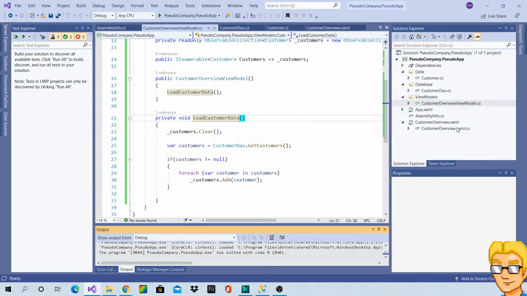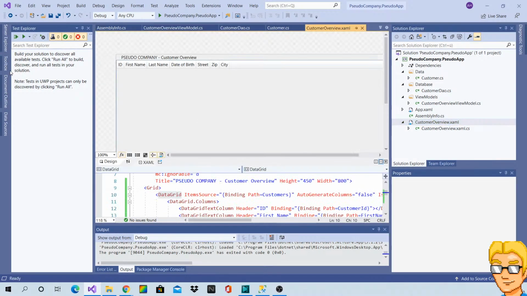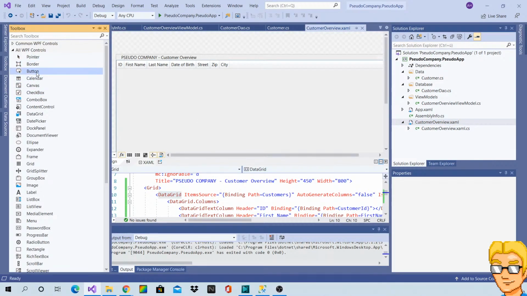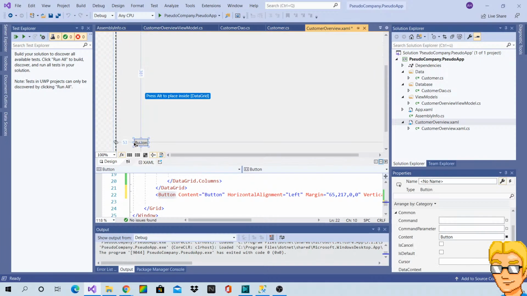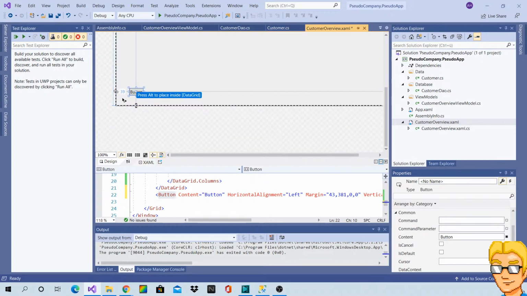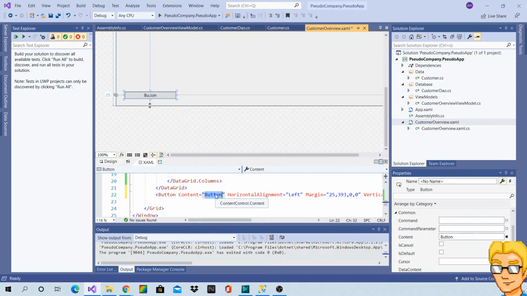Okay, let's add the button. And I'm just going to use hard-coded values for the labels and stuff. I'm not going to put that in a resource file and have it localized. That's overkill for this thing.